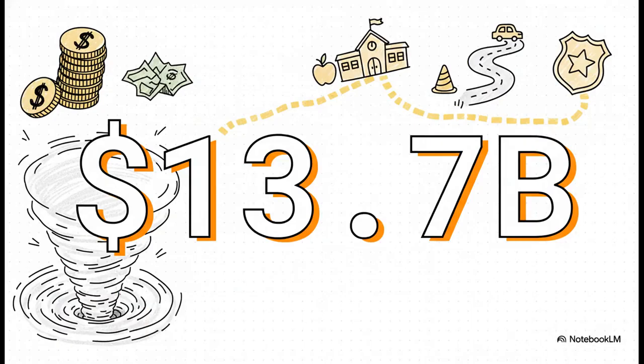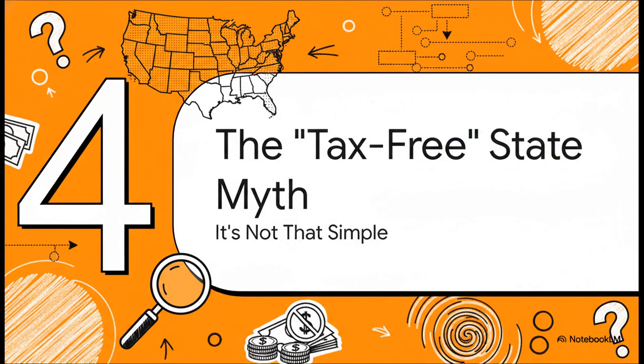So why did states fight so hard for this change? Well, it all comes down to money. A lot of it. Back in 2017, a government report estimated that states were losing out on as much as $13.7 billion in uncollected sales tax every single year. That is a massive chunk of funding for schools and roads and public safety that was basically just vanishing into the digital ether. Okay, so now pretty much every